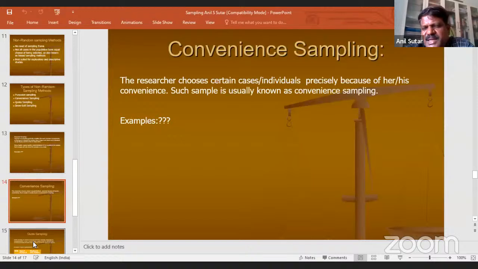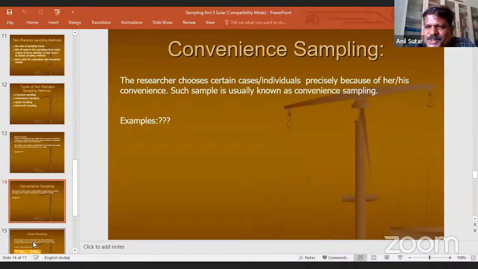Then the researcher thought of a very innovative idea. These 3 villages' people used to come to a particular place for the weekly village bazaar. You all must be aware, even in some villages there is still a culture like village bazaar day, village market day. Most of the villagers congregate, even for selling their products and buying. They congregate at one common place.